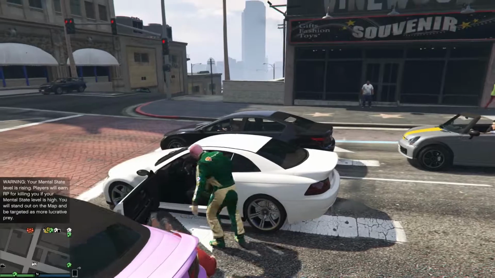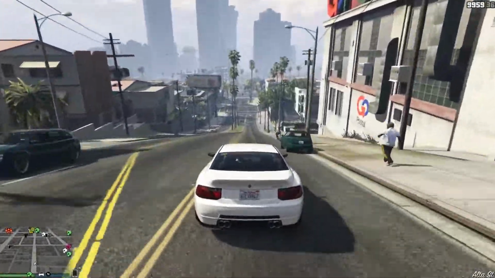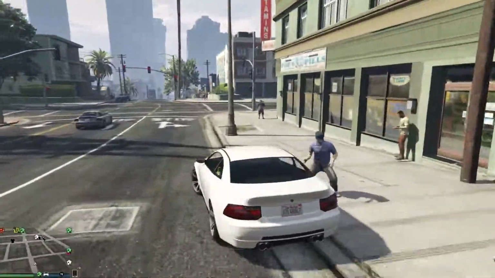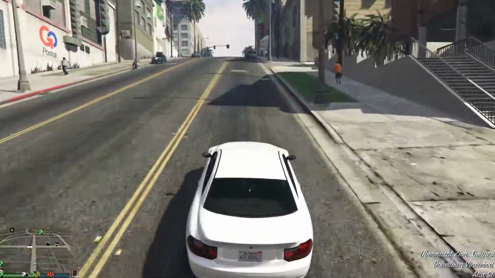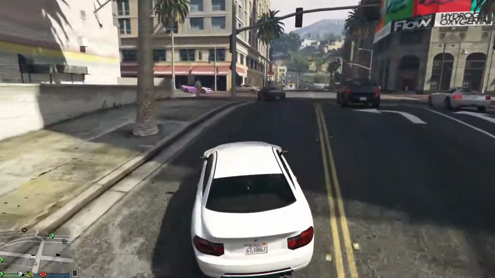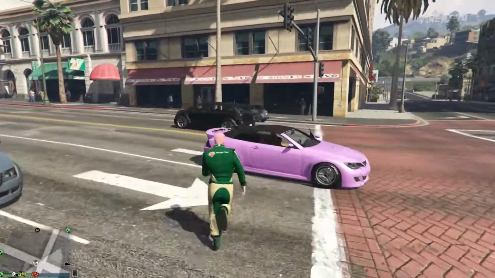Now the beauty of the Xeon or Xeon Cabrio is that it is pretty fast. It has decent speed and you get it for free off the street really easily. Now for me, I tend to find one with very little difficulty, somewhere near the Eclipse Towers, the Vinewood area, or Little Portola. Of course, I've also seen people find them near Franklin Safe House in Strawberry, or even near